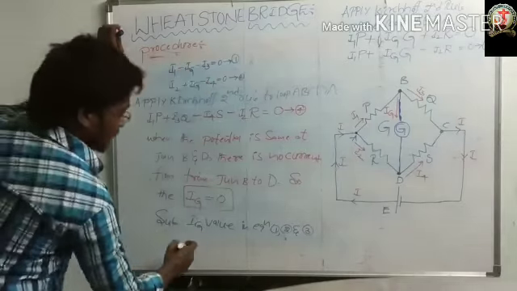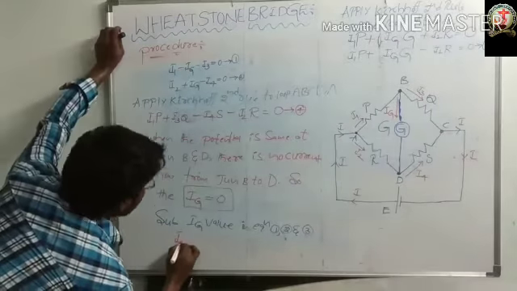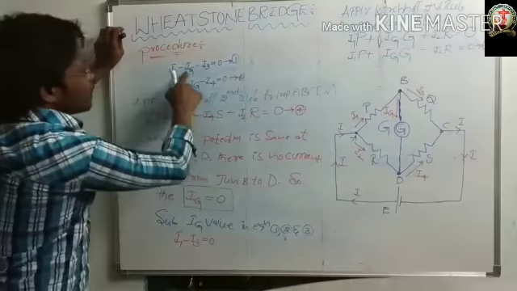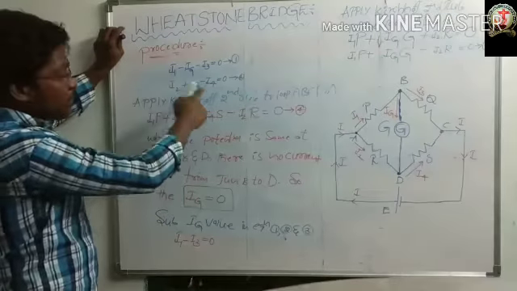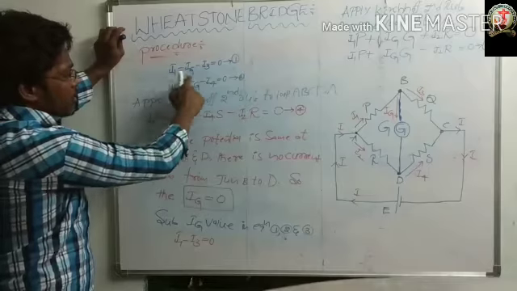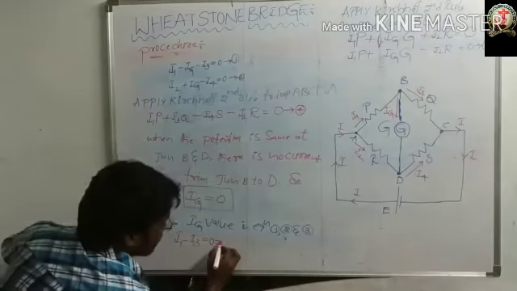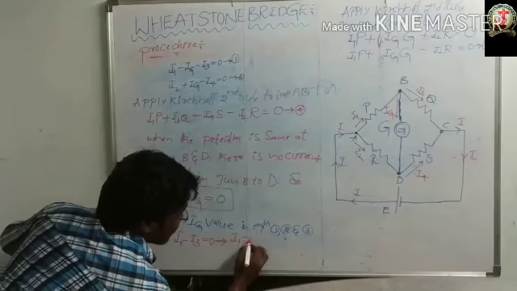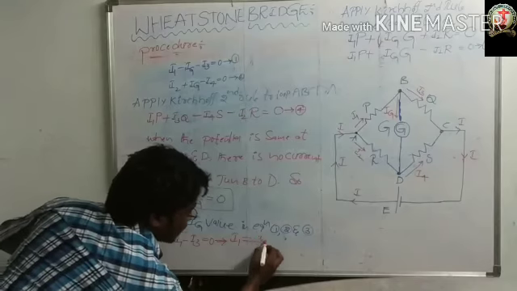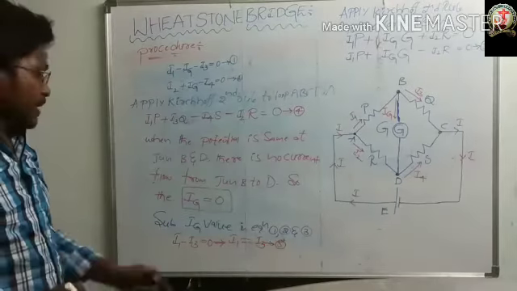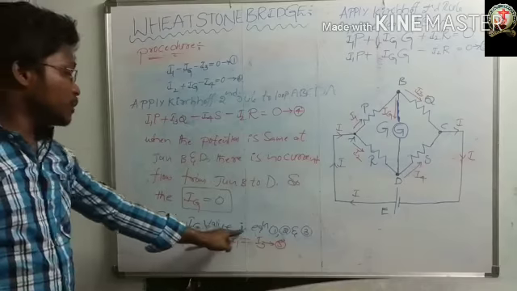So what is the remaining value? I1 minus I3 is equal to 0. In the place of Ig I substituted 0. So this term is 0, and the remaining is minus I3 equal to 0. After that I move this I3 to this side: I1 is equal to I3. This is equation 5. Next, the same: Ig value substituted in equation 1 is finished.